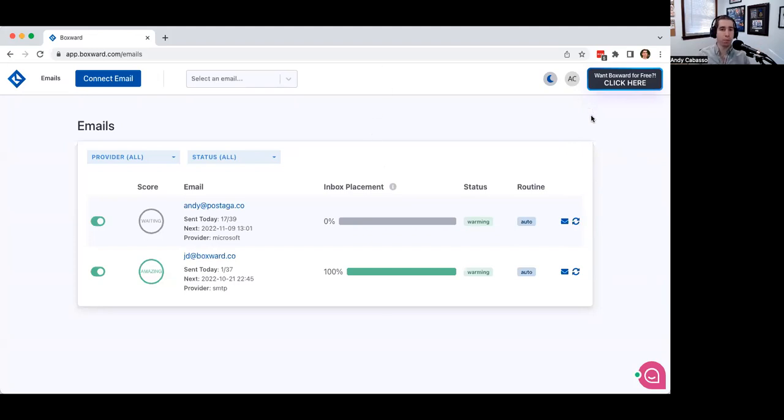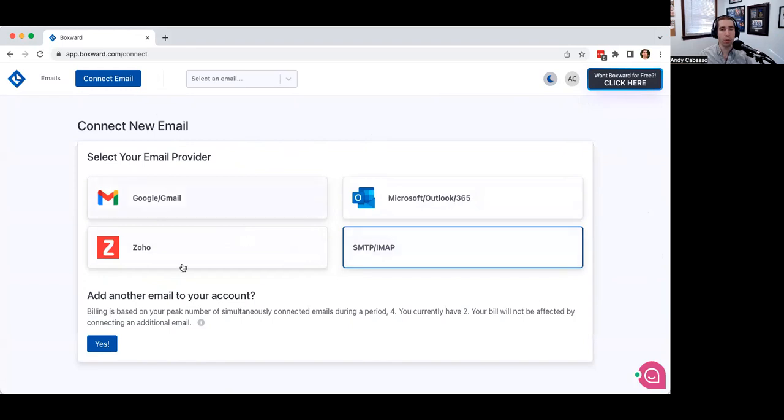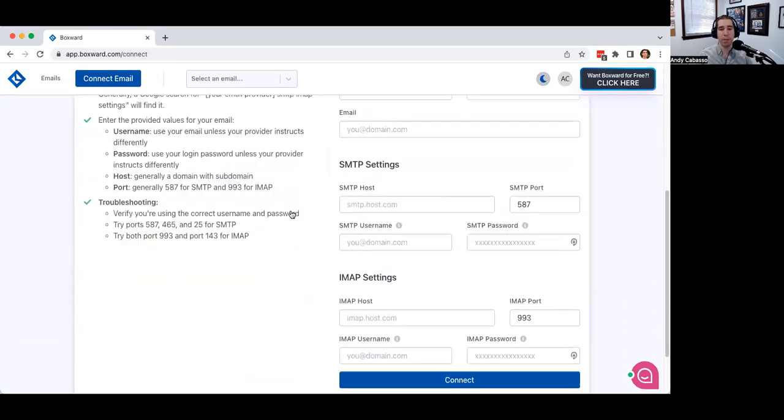All right, so basically how our Boxword platform works is you sign up, you connect an email address, and it's going to ask you for your email provider. The 3 main ones that we see people using are Google, Microsoft, and Zoho, or you can use SMTP and IMAP to connect anything basically.